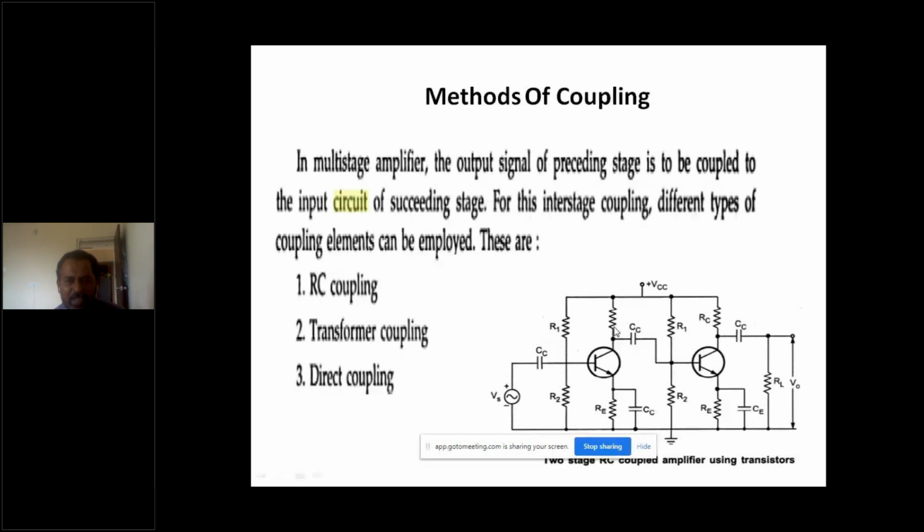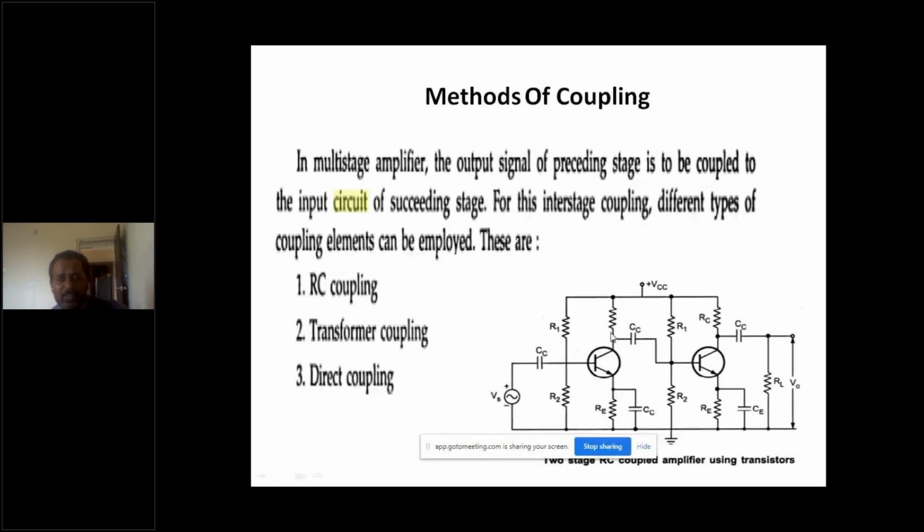In this case, I have used a capacitive coupling. This is popularly known as RC coupling. My problem is I am passing signal from 50 kilo ohm to 1 kilo ohm. You all know from basic network knowledge, impedance matching is essentially when you pass a signal from one point to another point, if those two points are identical in resistance or impedance, you will get maximum power transfer from one point to the other. This we have studied in the maximum power transfer theorem.